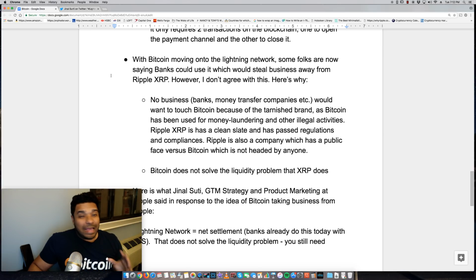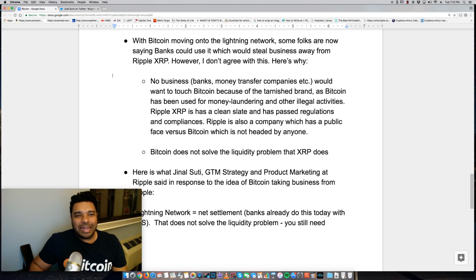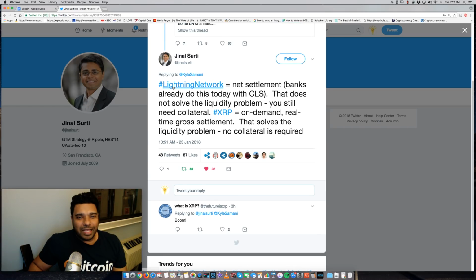So I hope that helps you guys to get an understanding, at least to a certain level, of the Lightning Network and how it would essentially function. There are some other nuances to it, but once again, massively simplified there. So hopefully that helps. So with Bitcoin moving to the Lightning Network, some folks have been tweeting here, and someone